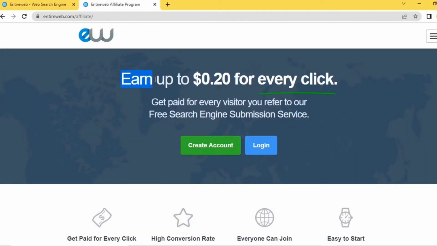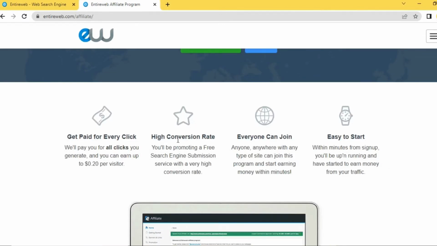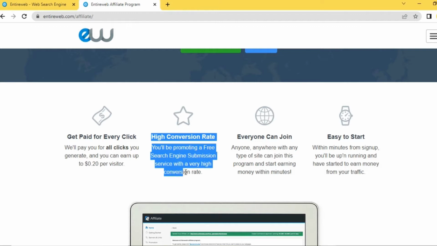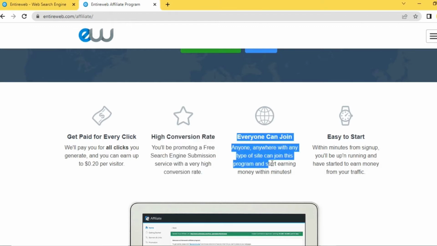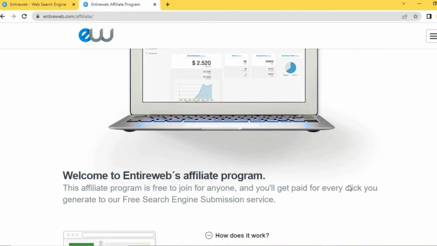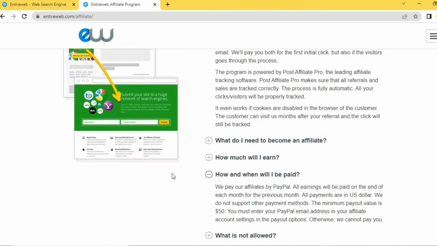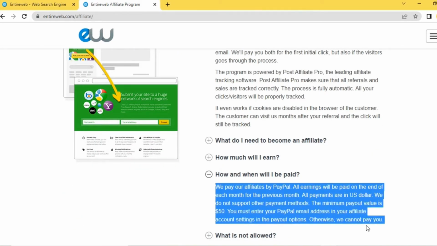As you can see, you will be compensated for each click generated on this platform. As previously said, this approach is open to everyone, anywhere on the globe, at any time. Following the completion of this process, you will be able to pay out your earnings using PayPal. It is for this reason that it is necessary to have a PayPal account. In the absence of this account, you will be unable to pay out the money that you have earned.